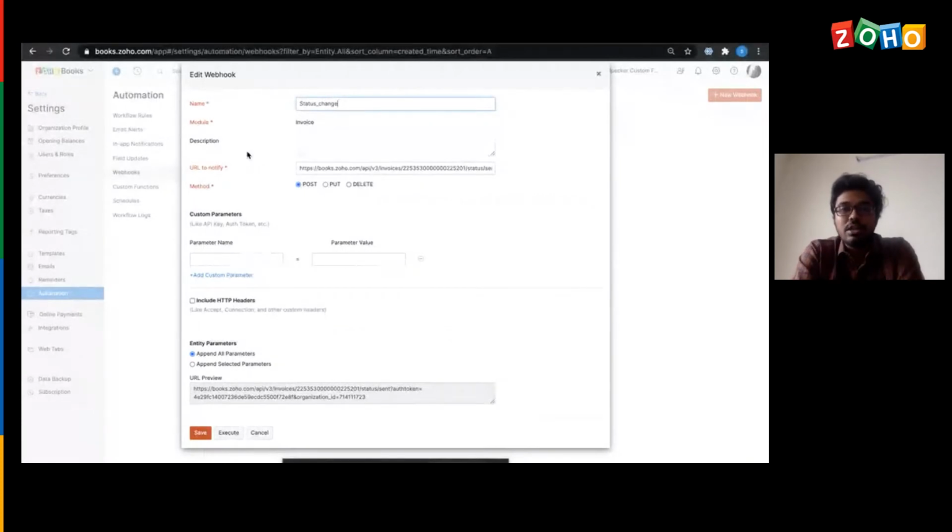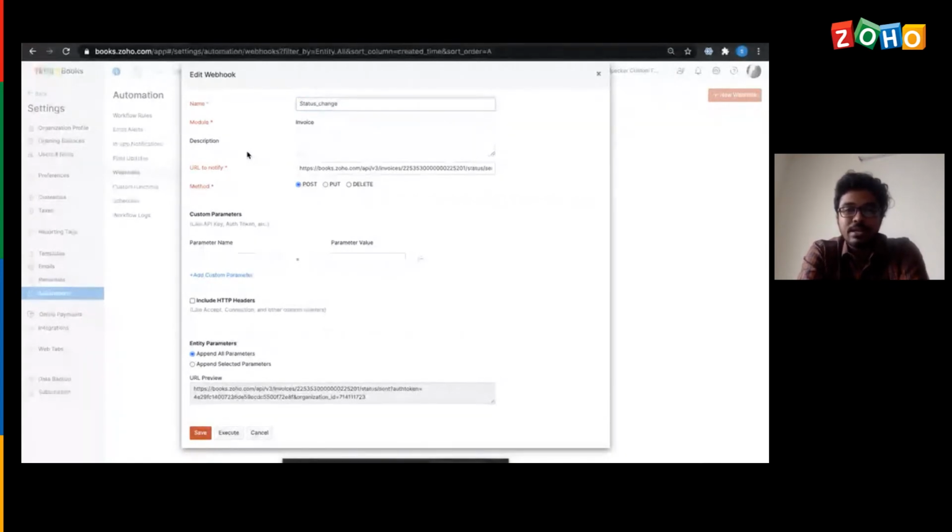Instead, we could automate these actions. We could automate the process using this webhook. So this is literally to share the information from Zoho Books into your third-party application or vice versa. So we could share the information from your third-party application into Zoho Books. So right now I have created one webhook. I do not have any third-party application which I could demonstrate to you.